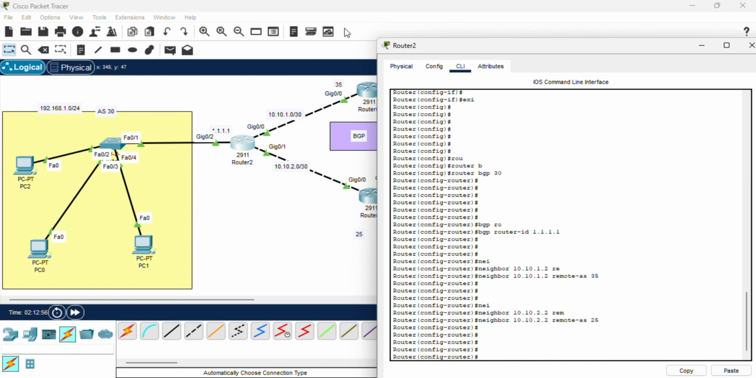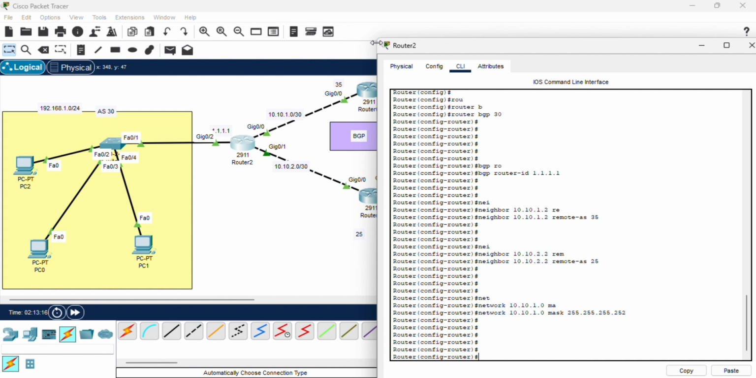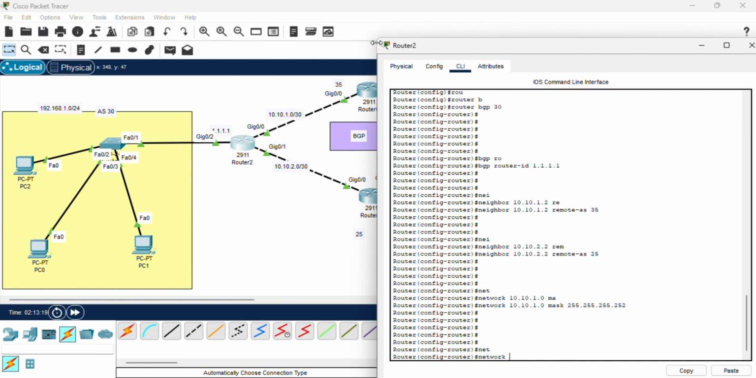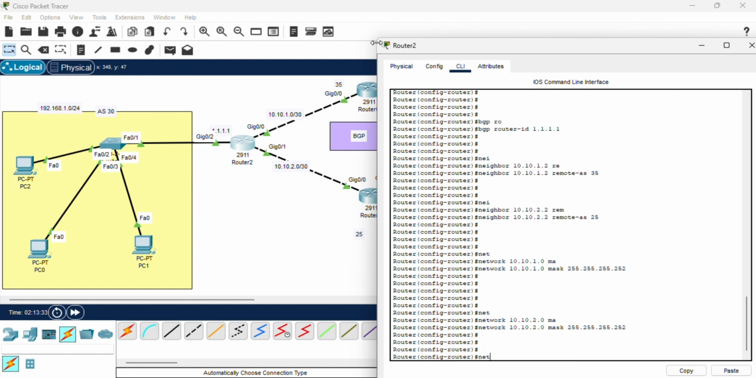So now we can advertise our network. So our network n.1.0 mask 255.255.255.252. I have two networks. The next one is going to be network 10.10.2.0. Our mask is going to be 255.255.255.252. Our next network, which is going to be the default gateway of our site, is going to be